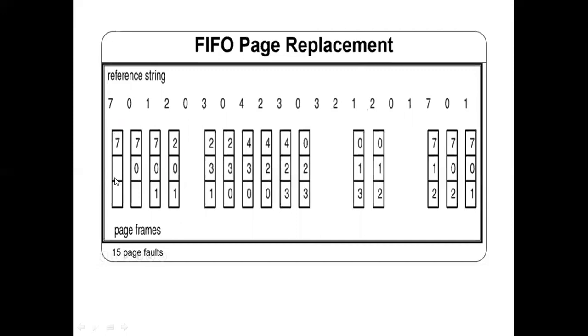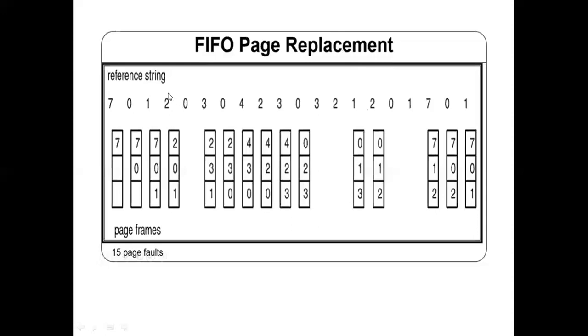Since initially all the frames are free, when the 7th page comes, you put it into that particular frame. Then the 0th page comes in and is required to be placed in physical memory, so you place 0 because there is a vacant frame. Then 1 comes and that is also vacant, so you place it. Now there were 3 frames and all 3 are occupied by page 7, page 0 and page 1. There are no more free frames.